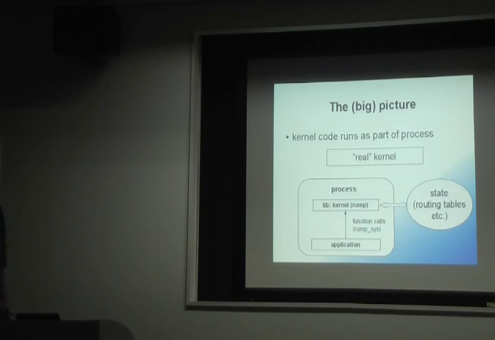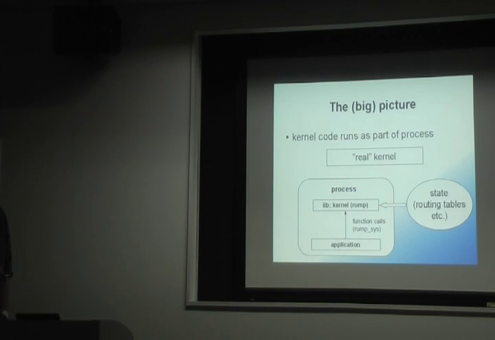So what's the big picture when we run a kernel TCP/IP stack in Userspace? We have a process, and we have our kernel code as a library as part of the process, and this process context includes all of this TCP/IP stack state. So you have your set of interfaces, your interface names, your interface aliases, your routing tables, your sysctl variables, this, that. Everything is already in the process,